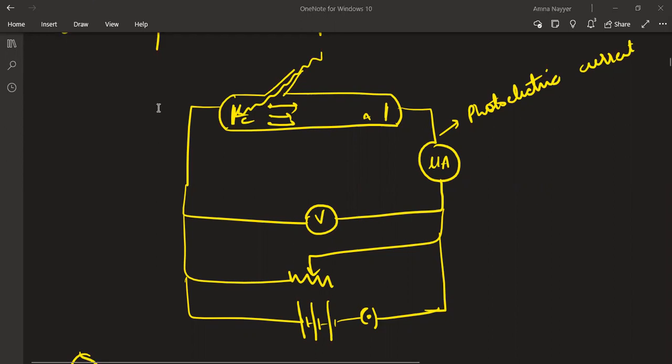Yes, class. Now see the experiment part that I was mentioning to you. How this experiment was set up is not a part of your syllabus. You just have to know about the results. In short, you can see the apparatus of a vacuum tube was constructed, cathode was there, anode was there, and